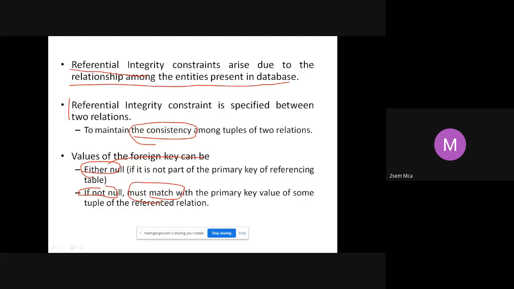But I cannot have S5, I cannot have S6 and so on. A foreign key should always take one of the values that you have entered as your primary key. It cannot take any other value. If you try to enter something which is not there as part of the primary key value, then it will show a parent key constraint violated error, something like that. You can enter and see what error it shows.